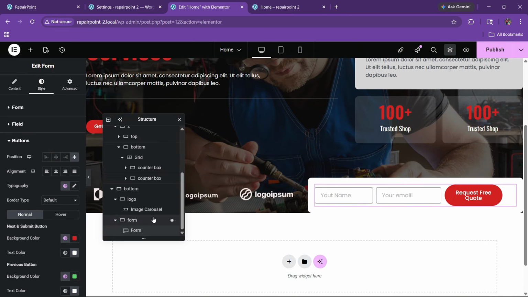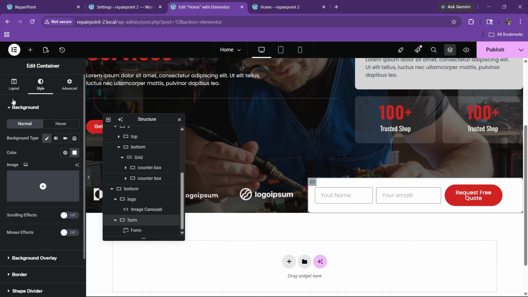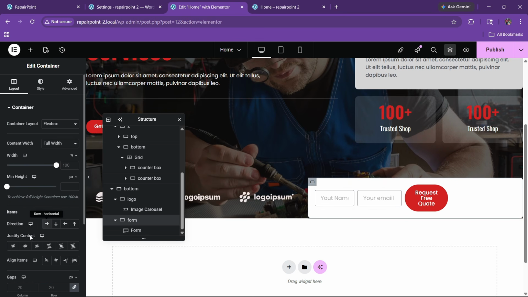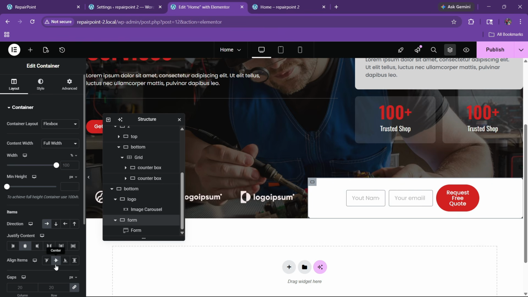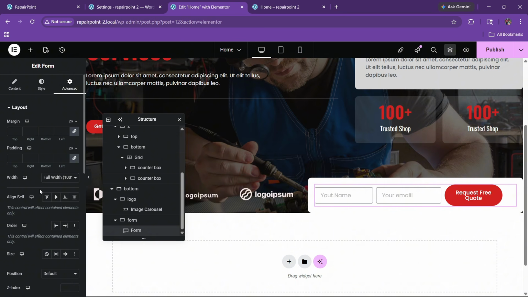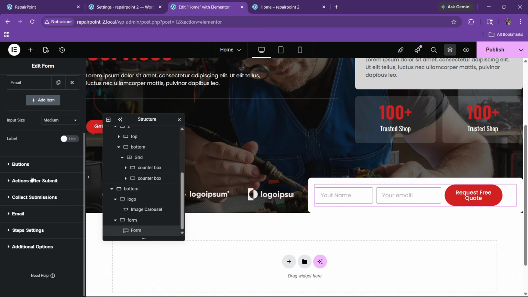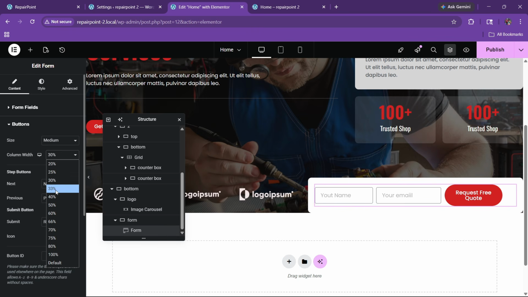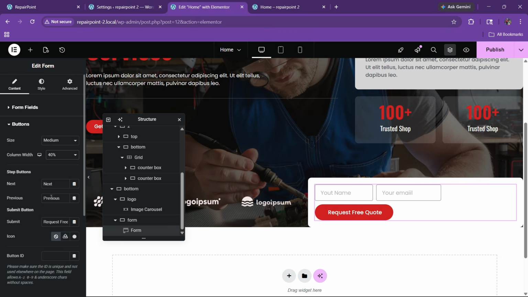Okay, so here also let's do one thing. Let's click on this form here, and here we can make everything center. Okay, here also we can make this. Here we can just go there and make this fill width. Okay, now we have to go to the button, and here we can set this to 33%. Okay, so this would be 33%,